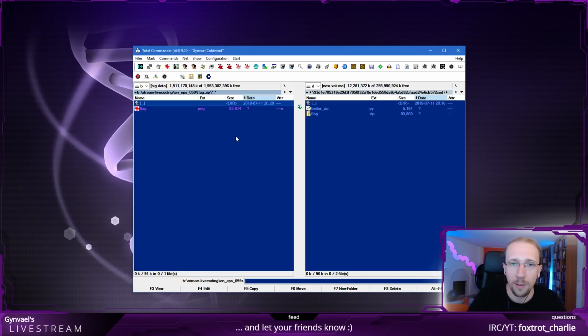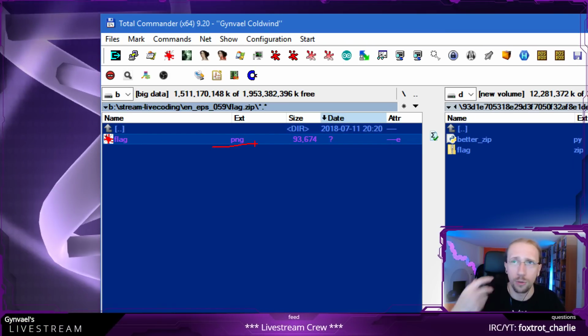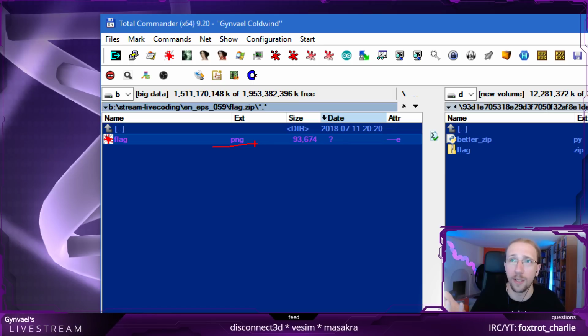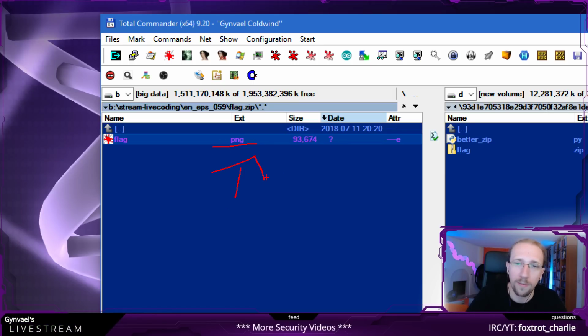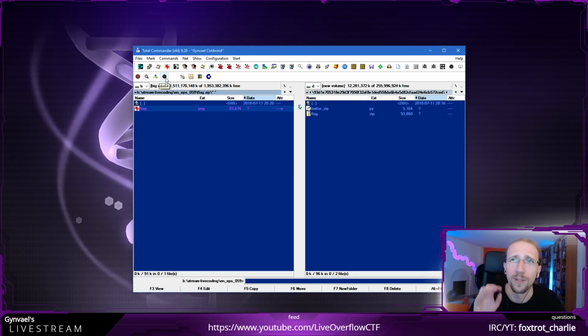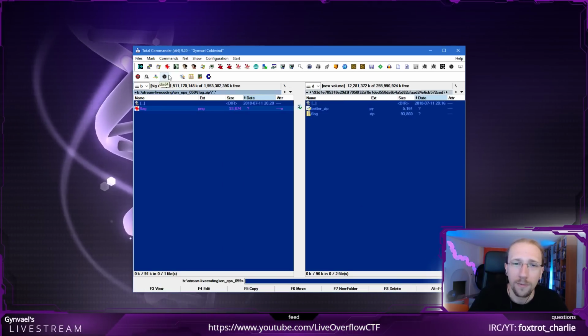If we look at this, we see that there is a PNG file, because by default, even if you encrypt a file with zip, it doesn't encrypt the name. So the names of all the files in the archive are plain text, which isn't great. So we know it's a PNG file and it's of this size, and it's really important in this task to notice that it is a PNG file.